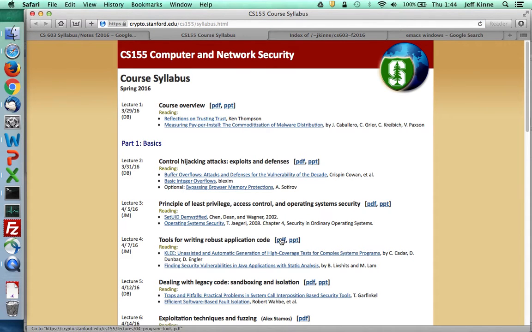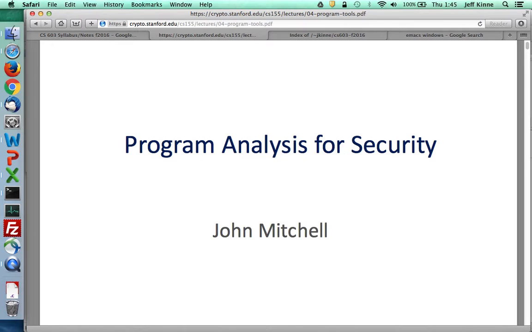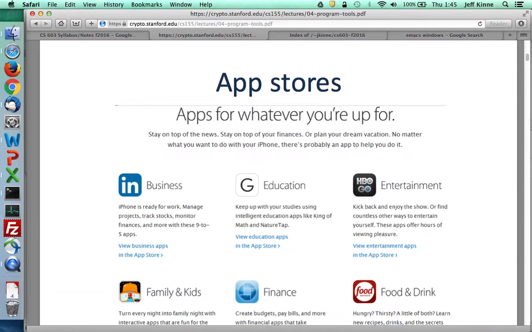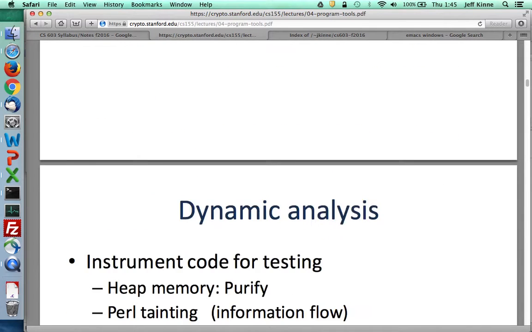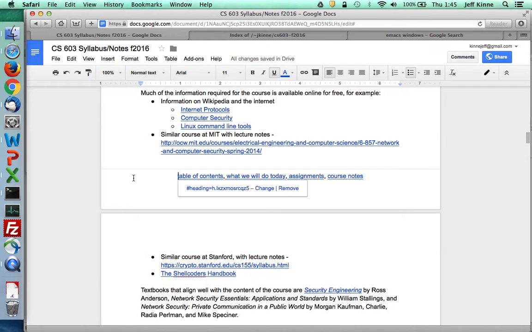So, for example, there's links here to their PowerPoints or their PowerPoints as PDFs. You could go through here and you get the basic idea, but it's not the whole lecture. Okay, so those are things to just peruse, and the Shell Coder's Handbook is a textbook style of